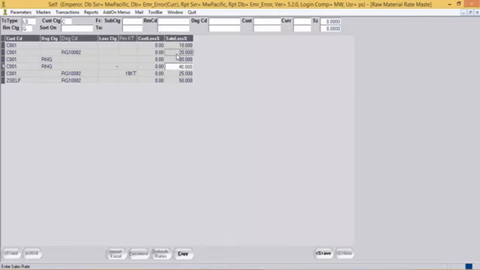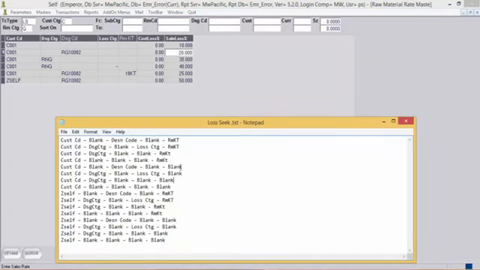Now, the system has a logic where it needs to pick up the correct loss percentage for the given combination. The system follows a logic which is mentioned over here. For example, first, the system will seek the record where the specific design code and the RMKT have been mentioned.